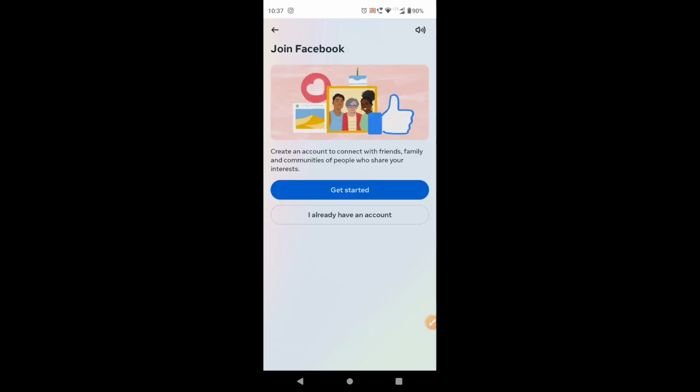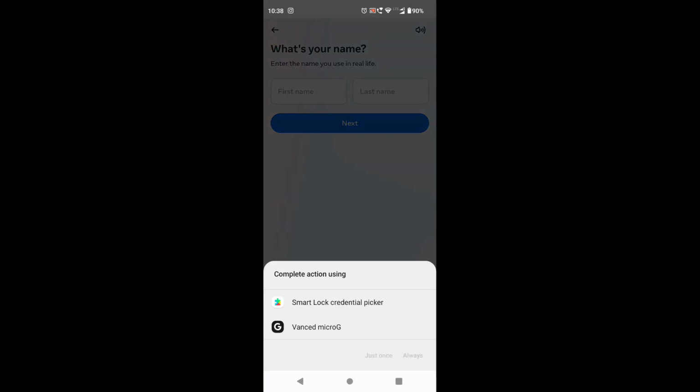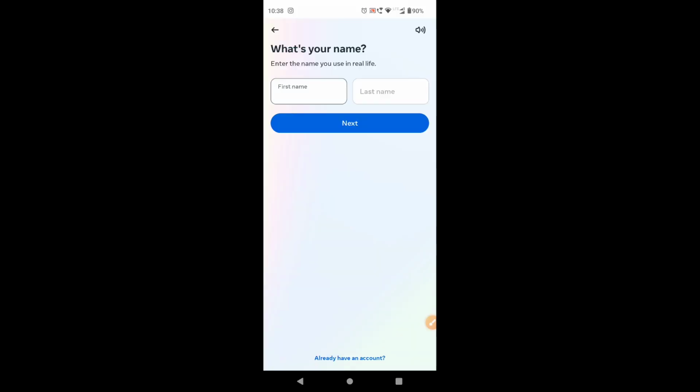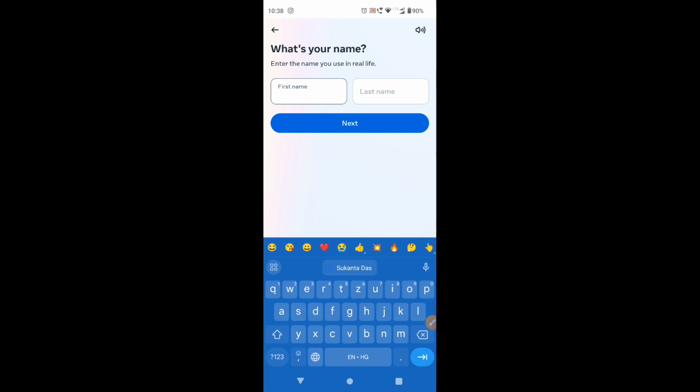Then a new page, join Facebook, is opened. There we will get a blue color button, that is get started. Then we will click on this. When we click on that link, a new page, what is your name, comes. We have to fill up the first name and last name. For example, I am giving